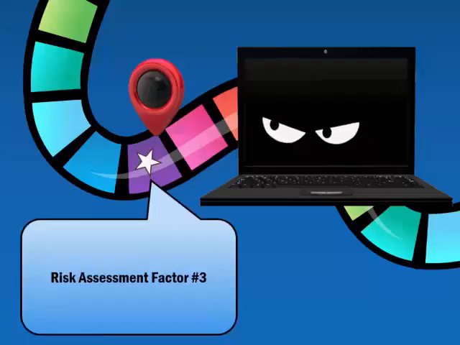Risk assessment factor number 3. Consider whether the PHI was actually acquired or viewed, or if only the opportunity existed for the information to be acquired or viewed. For example, a laptop computer was stolen, later was recovered, and IT analysis shows that the PHI on the computer was never accessed, viewed, acquired, transferred, or otherwise compromised. The entity could determine the information was not actually acquired by an unauthorized individual, although the opportunity existed.